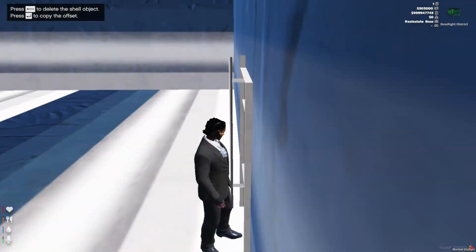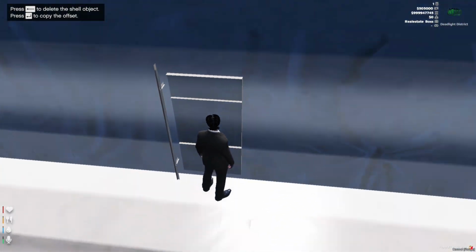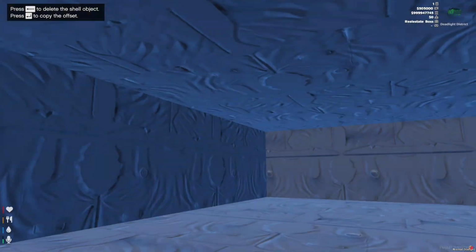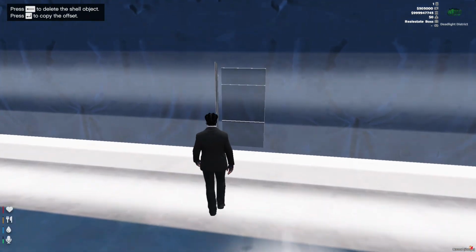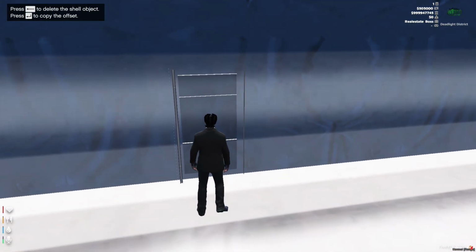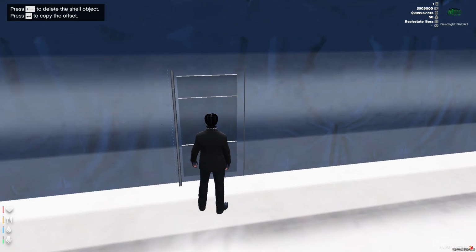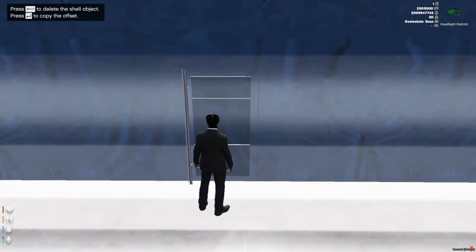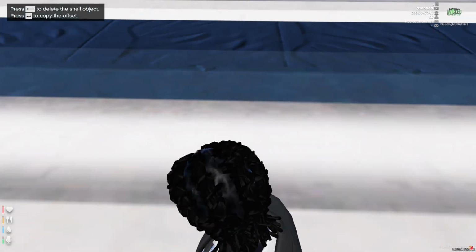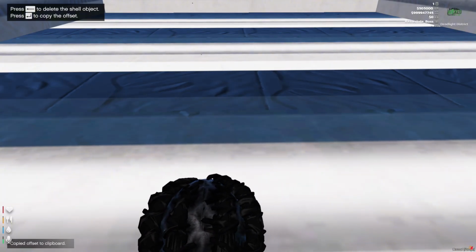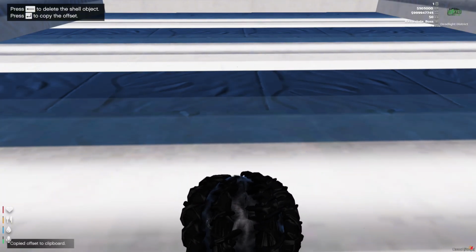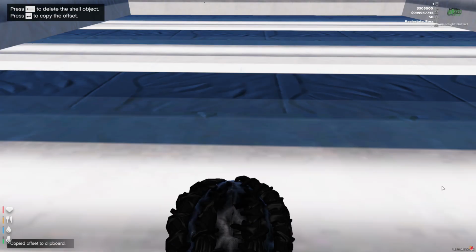But what you're gonna do is now that you're inside, you see my texture? I don't know why it's doing that. So now that you have that up there, or you're up here, right? I'm going to turn around. And you're just gonna hit enter to copy the offset, okay? Then